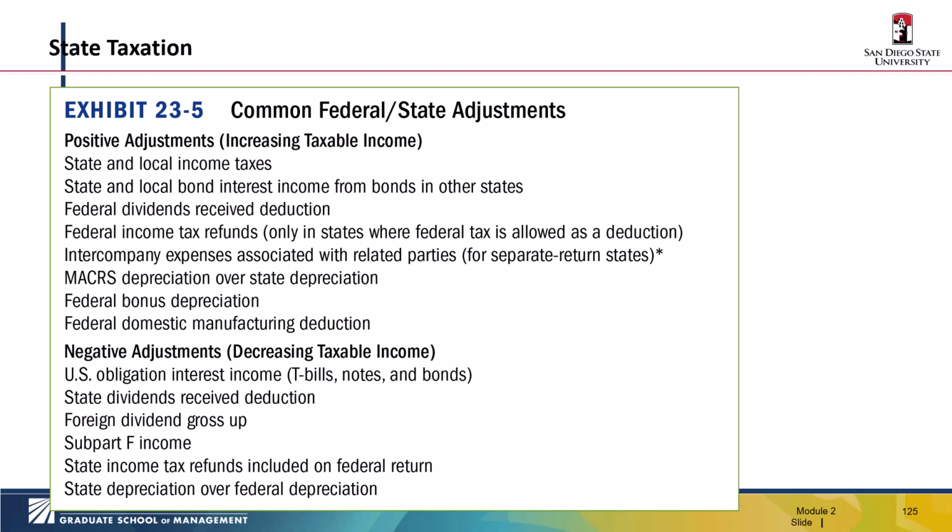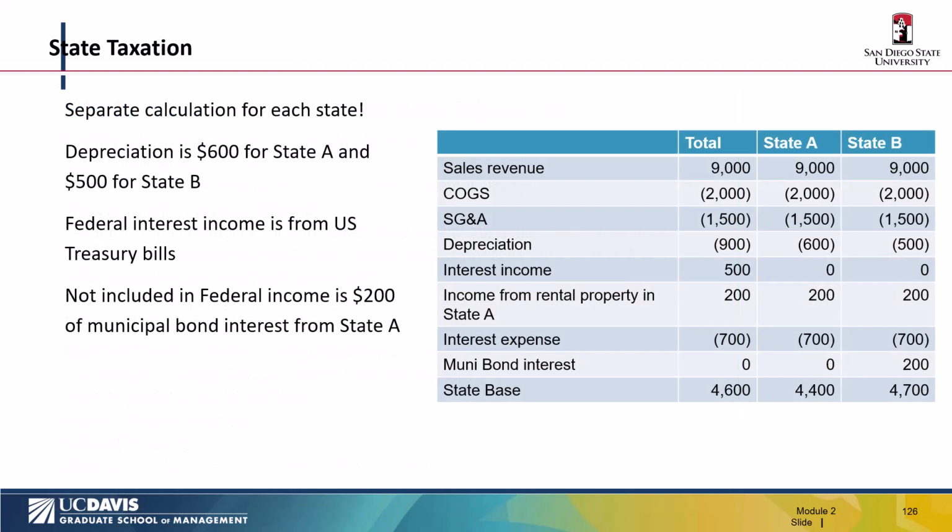Common federal to state adjustments, or Fed state mods, are listed on this slide. So there are lots of things that you might or might not expect, but this is just a list. And just because they're on this list doesn't mean every state follows them. For example, federal bonus depreciation: a lot of states did not adopt it, but some did. And so oftentimes the answer for state tax questions is it depends. And it can depend on what state the transaction is located in.